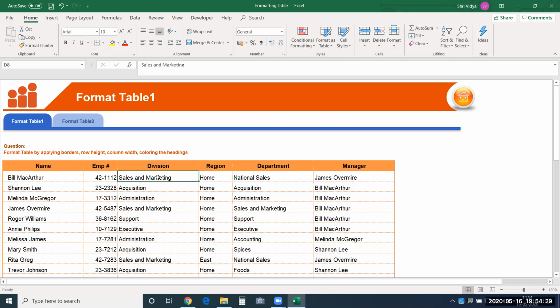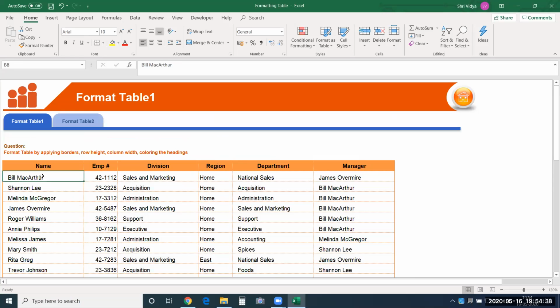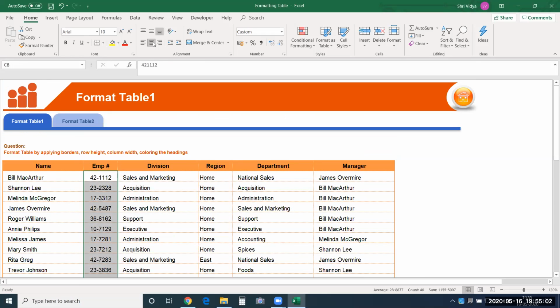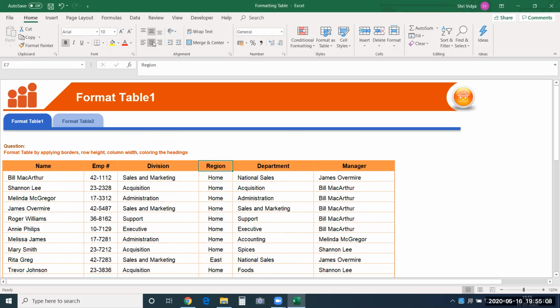I want to repeat the same on division, department, and manager. I'll just press Control Y after selecting those columns. So why did I give an indent and not center alignment? For data which is always changing its length, where the length of the data is not uniform, it's always better kept left aligned. It looks neat. But if you have data whose length is uniform in nature, then you can keep it center aligned. It looks good. Even for the region column, you have uniform length throughout the column, so I'll give center alignment over here.